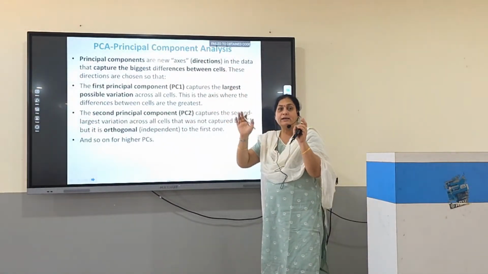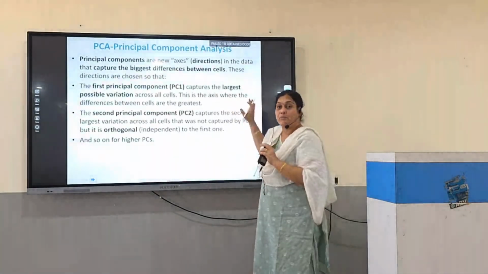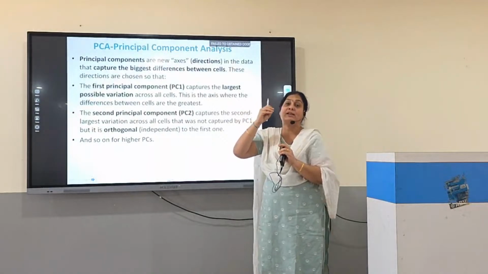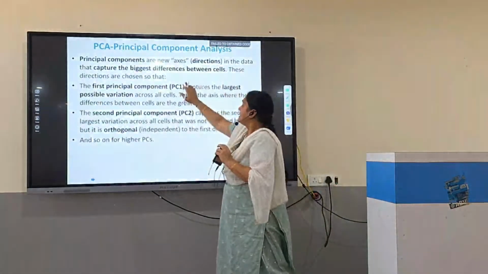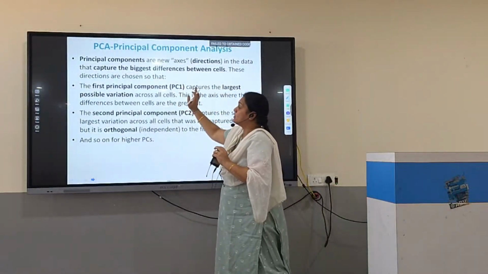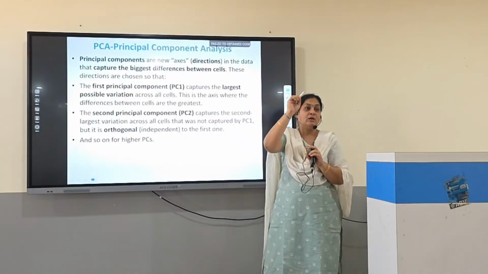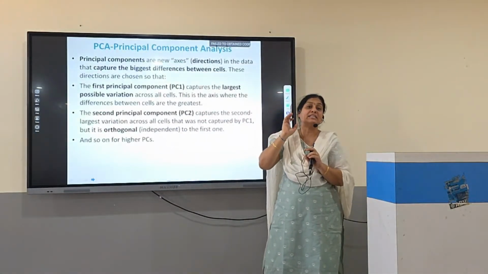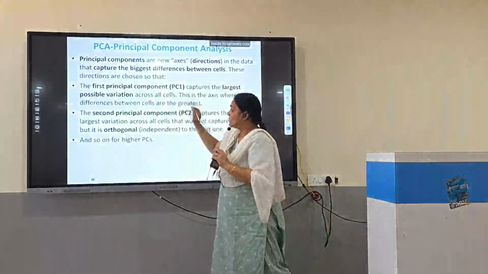What are the differences among the different attributes? These principal components are able to capture those differences, the biggest differences between the cells. These directions are chosen so that, based on whatever directions you are changing, those directions will capture the maximum information. The first principal component,